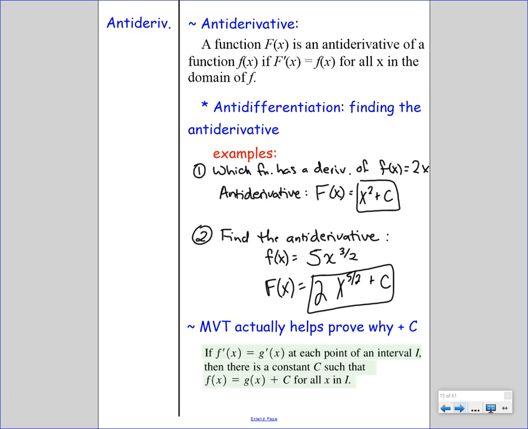So, just a quick review, since we haven't really reviewed it yet: what is the power rule for integration? The integral of x to the n dx is x to the n plus 1 over n plus 1. And if you have a fraction, it's going to be times the reciprocal, right? Okay.